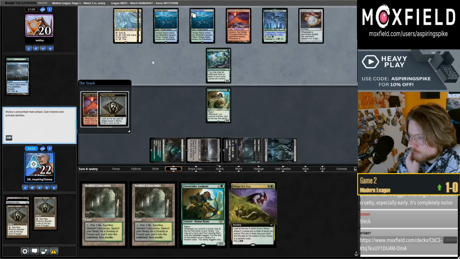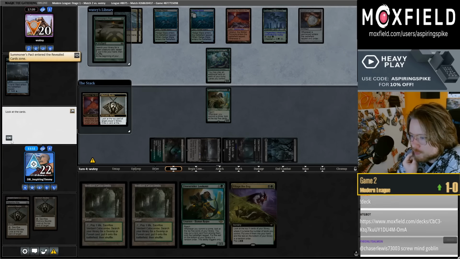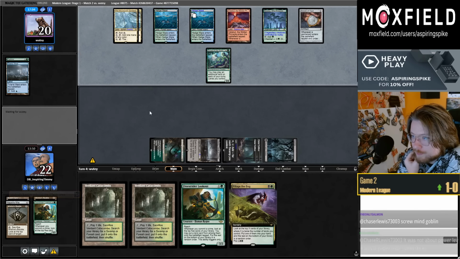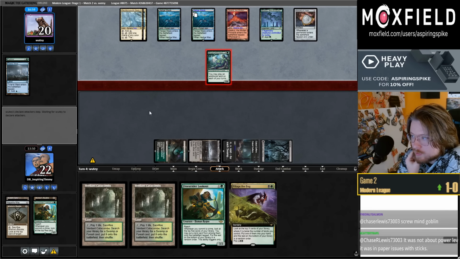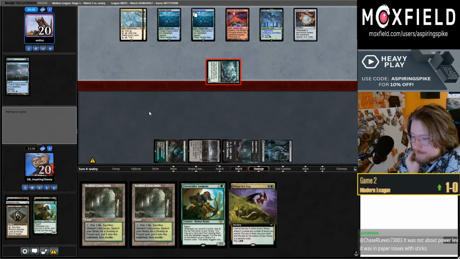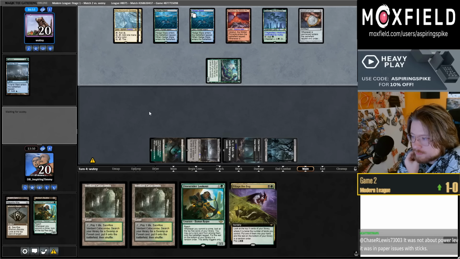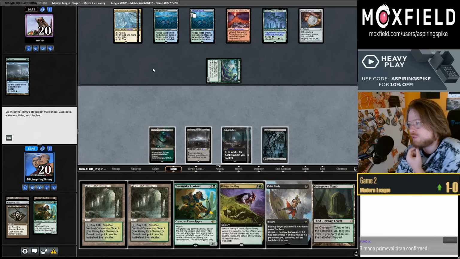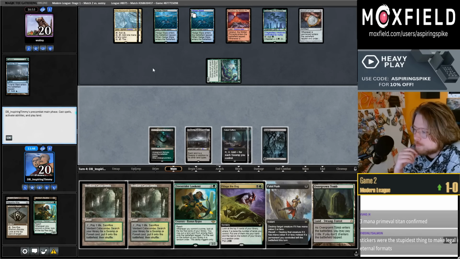Another Cabal Coffers. Dude, three mana, put 2 Cabal Coffers into play. So sick. Summoner's Pact is on the top at the moment. Do they have another one in their hand, though? Seems like the answer to that question is no. Yeah, just 3 mana Primeval Titan. Okay, so we can push the...